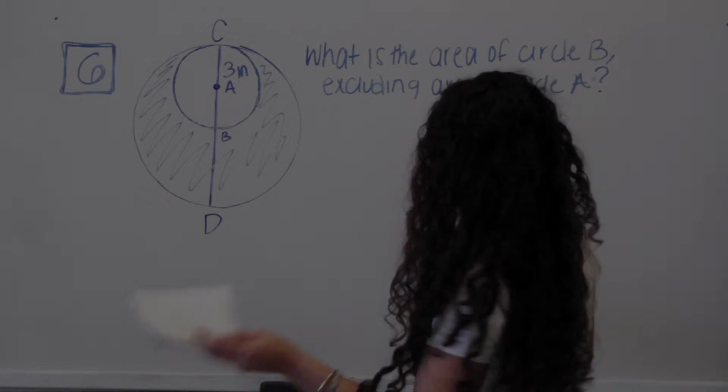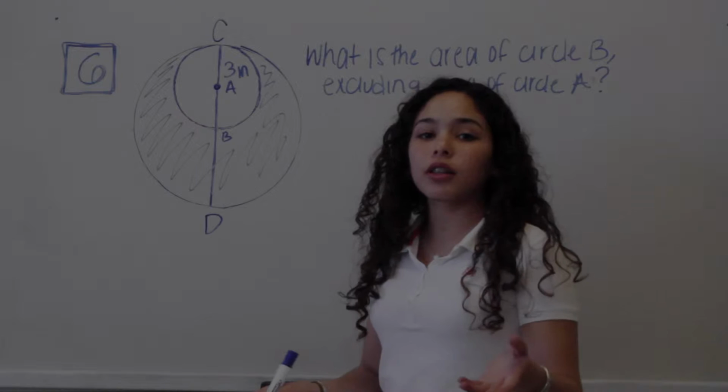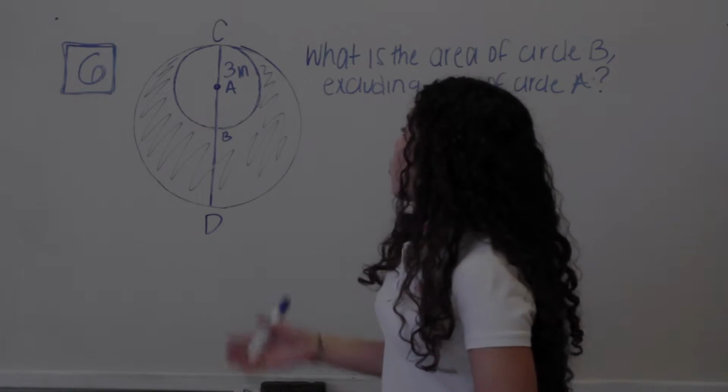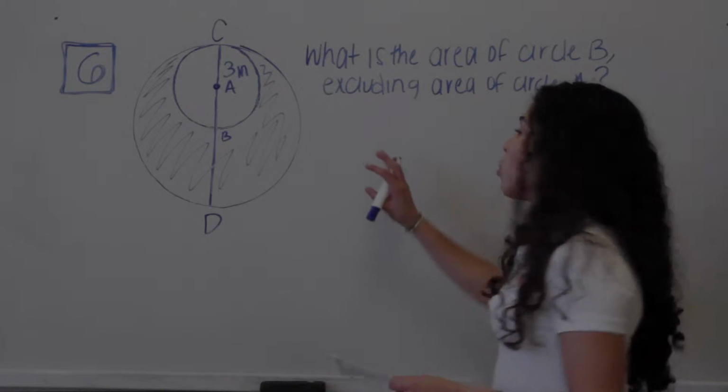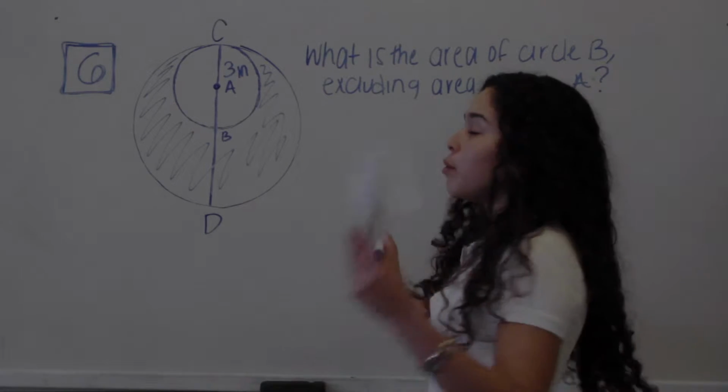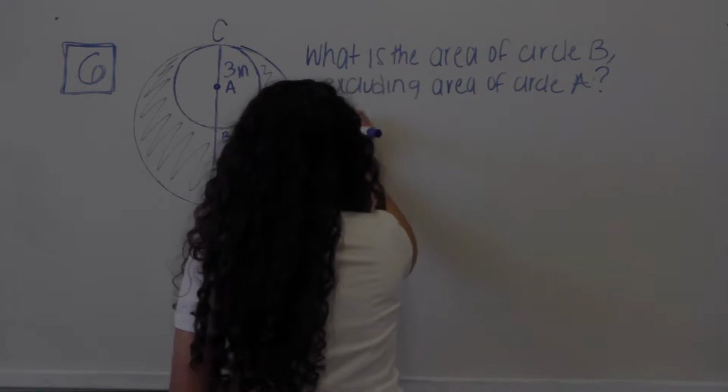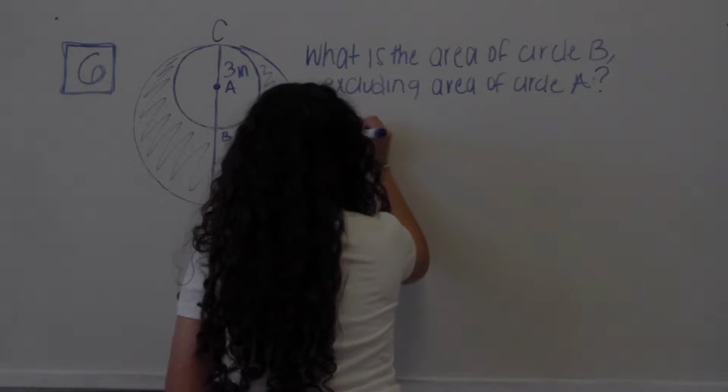So I know that you guys aren't allowed to. This formula isn't going to be in your reference sheet. So remember, you guys have to memorize it. But I will give it to you guys here. But remember, it's necessary for you guys to memorize it. So area of a circle is